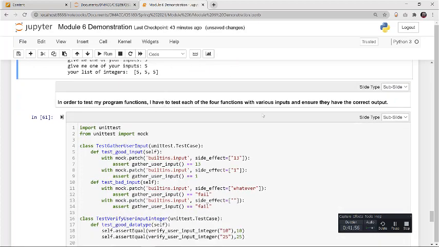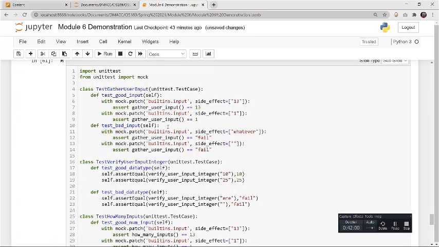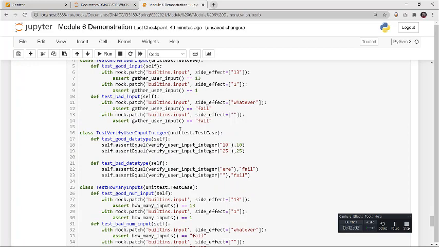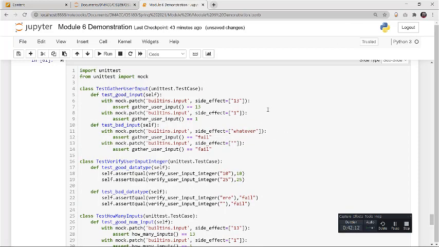So I have to test each of the 4 functions with various inputs to ensure they have the correct output. Now, I don't necessarily need you to test every possible test case or corner case of these things. However, you should have a reasonable cross-section of tests. When you get out into the real world, real coding, you are going to have to do pretty extensive testing